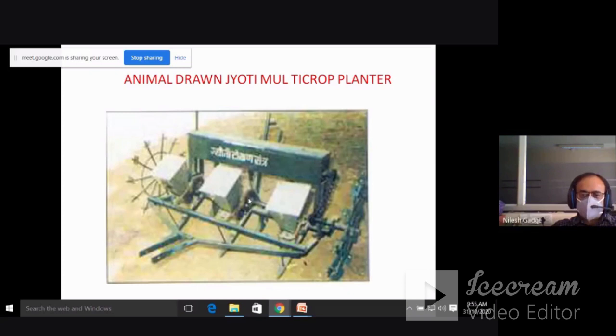See, there is a chain and sprocket arrangement. There is one rod which is attached to this transport wheel, and there is some chain and sprocket arrangement. There is also one rod that goes through these seed boxes, and there is some chain and this arrangement. There are chains attached to this rod. From this side also the chain is attached to the rod which is going through the